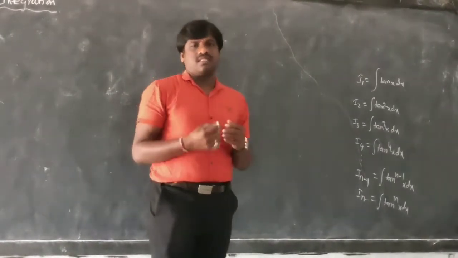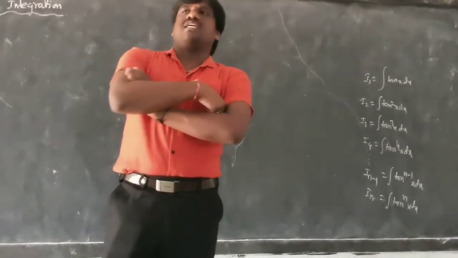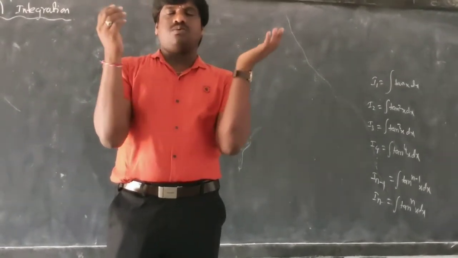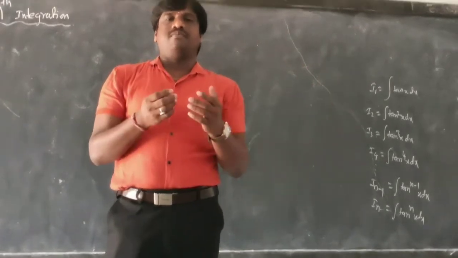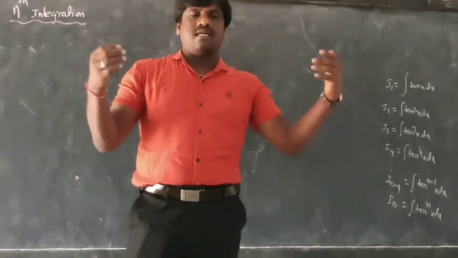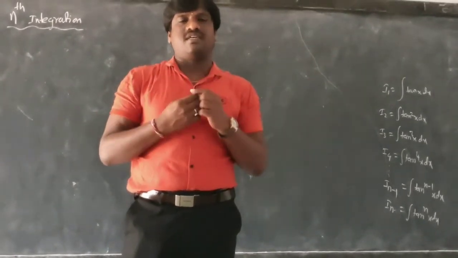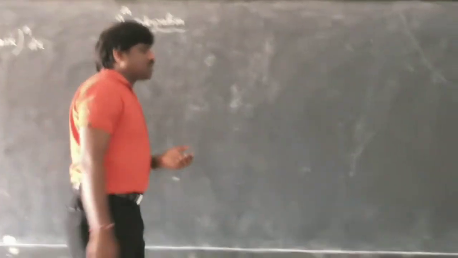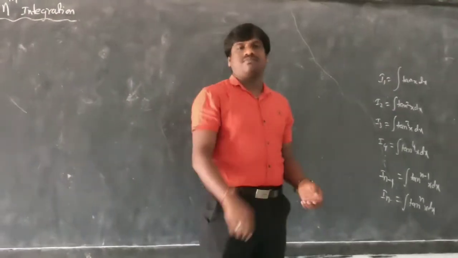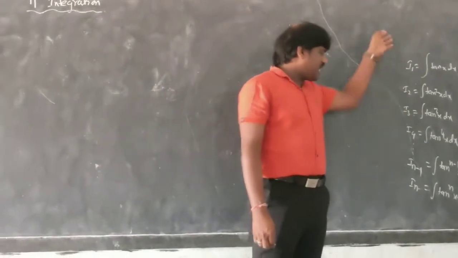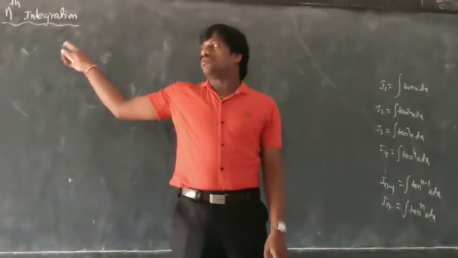So why we use this method is, if I want to know the integration of tan power 6 x, that is very difficult, you have to do many steps. You have to convert tan square x using formulas, break it into parts, and do it many times. That makes the integration difficult. So what we use here: generally we find the nth integration, then we substitute. If you want 4, we substitute n as 4. If you want 6, we substitute n as 6, like that. That way we are going to find the nth integration.